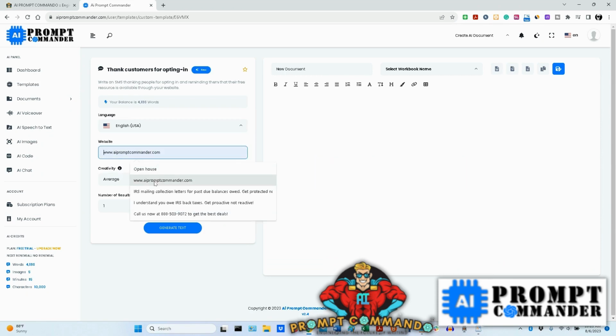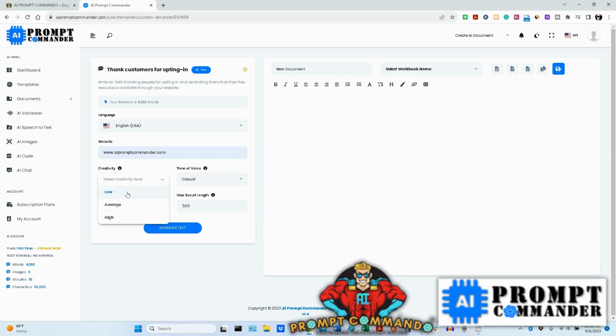So you just want to put in the address and the creativity. You can click on these little buttons here, and it tells you exactly what that means. If you were just doing this yourself on ChatGPT, you would have to try to figure out how to get this email with the right content come up for you. And if you don't know how to write the prompt carefully or as descriptively as possible, then you're just going to be wasting a bunch of time. I'm sure you've probably done that already, knocking your head against the wall trying to figure out how to get something a little more fine-tuned. And guess what? Now you have it.